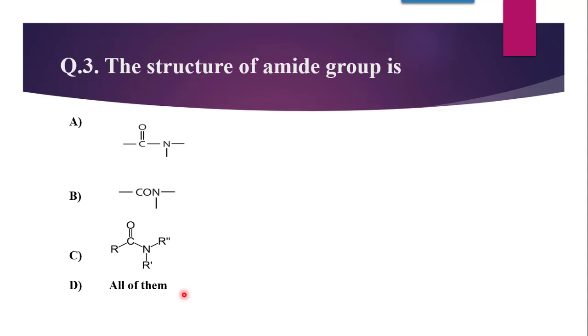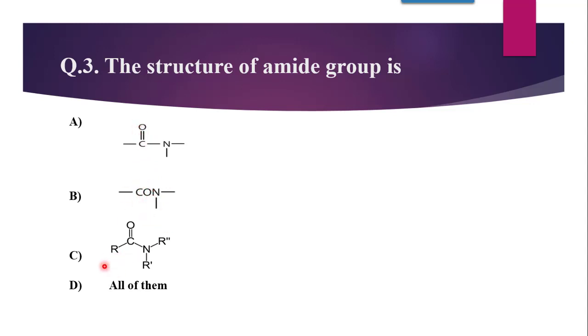Now question number 3, the structure of amide group is. Now the question structure is amide. So this is, as we all know, CONH, or simply you can call any particular structure or functional group an amide when this carbonyl CO is attached to nitrogen. So this is simply amide. So here also C double bond O is attached to nitrogen. Here also CO is attached to nitrogen. The only basic difference is here they have written C double bond O and here CO.